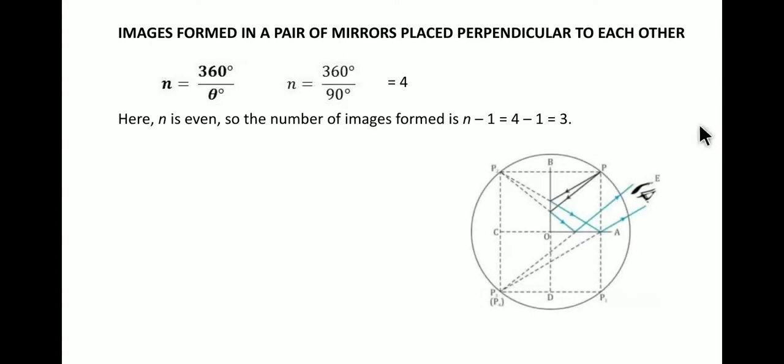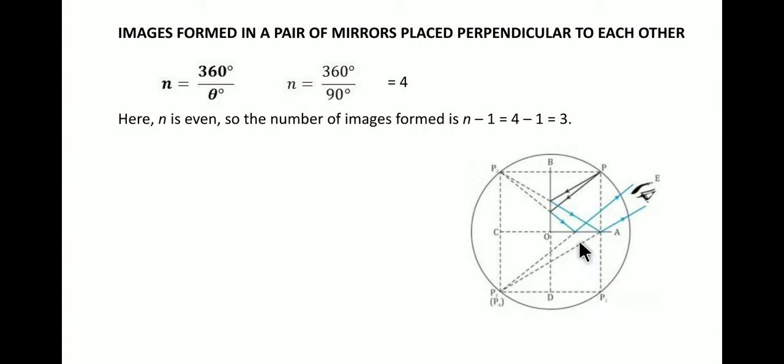Okay, let's try to understand it with the help of a figure. You can see the object is placed over here and the object will lie within the circumference of the circle, and this is the point of intersection of the two mirrors, and this will be the center of the circle as well. Now let's use a common technique. This is the object, P, and when it gets reflected through the mirror OB, its image will be formed over here. And when this reflection passes through the mirror OA, then the image will be formed over here.